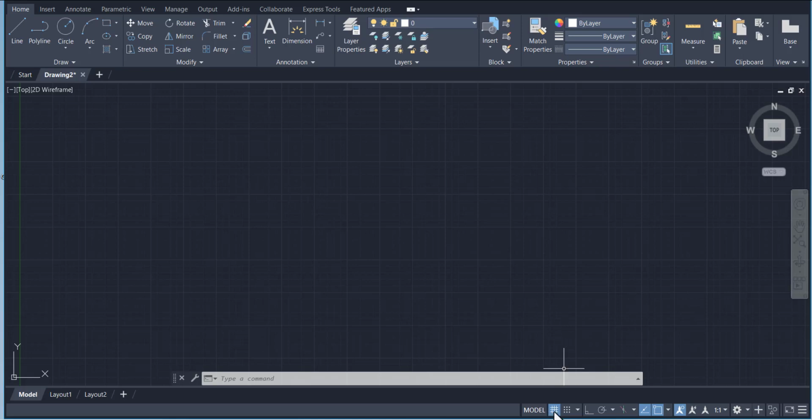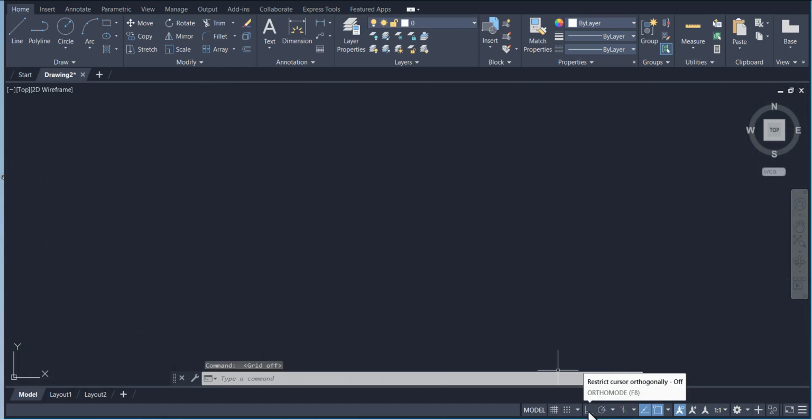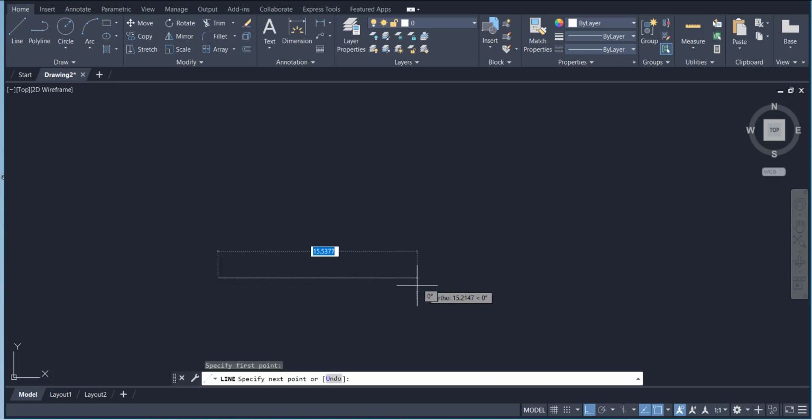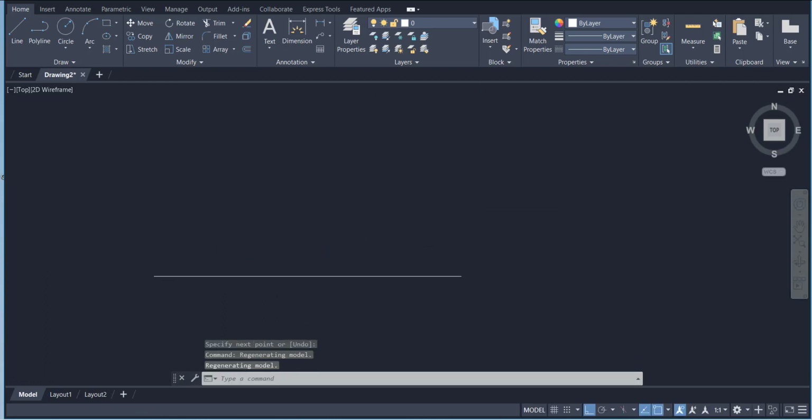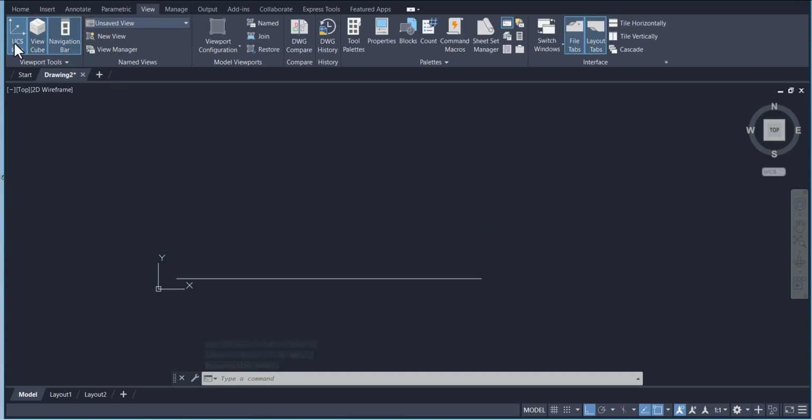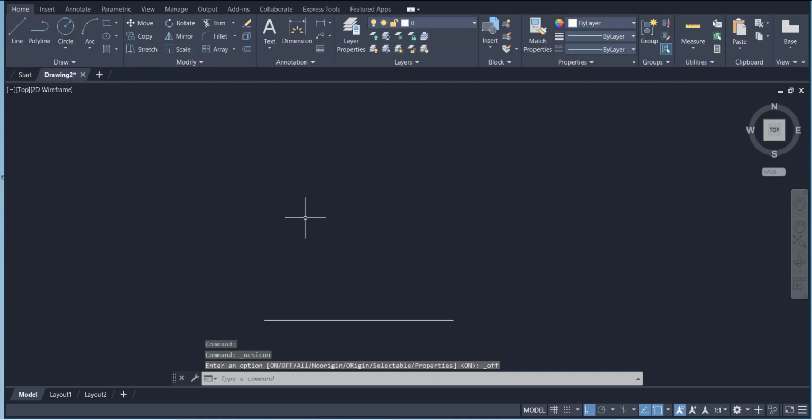So let's go. I don't want to show these grids, so I'm going to click here grids, and here I'm going to activate this one so we can draw the straight lines and select the line. And the first line we are going to draw it for 250 millimeters. Then zoom in and out. And this sign, if you want to hide it, you have to go here to view and hide UCS icon. Okay, now